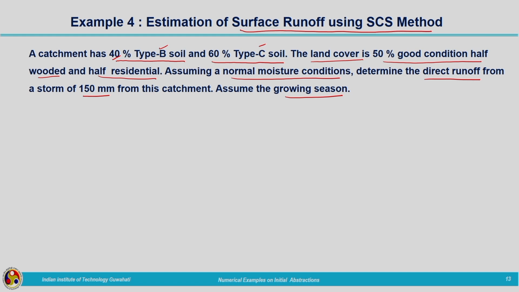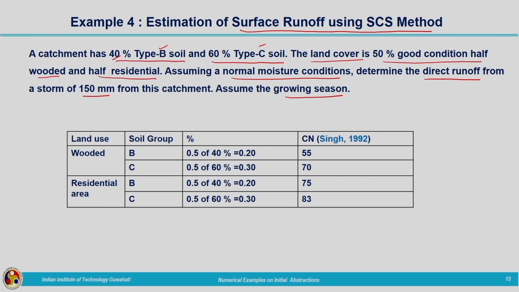We can divide the entire catchment into 2 areas, 50%, 50%, and in each area we have half wooded in good condition and half residential. Based on these land use classifications, we need to take the curve number from the table